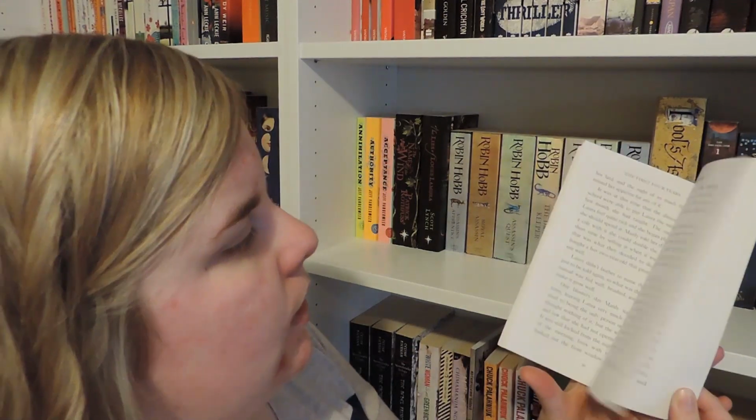This is the last book in her Little House series of books that she put out for kids of her life growing up in pioneer times. I loved these as a child. This is something that I have had read to me or I've read myself many times. In the past we got them out from the library when I was a child many times, but we now own our own copies, and we got these beautiful ones that are illustrated by Garth Williams, and they've got colour photos throughout, which make it just